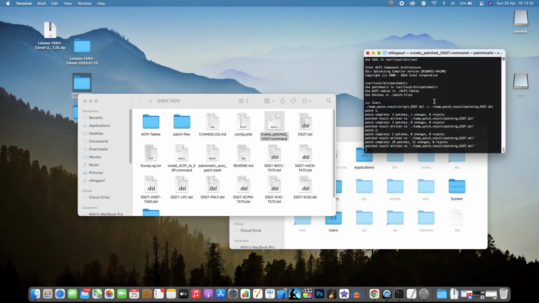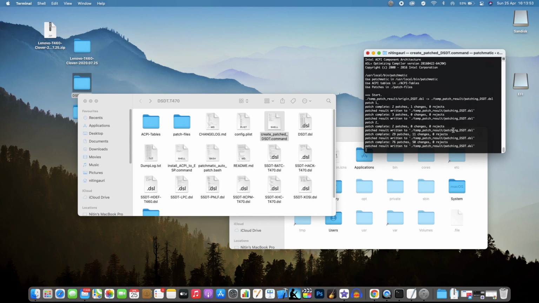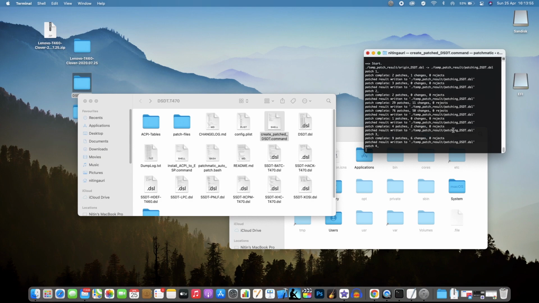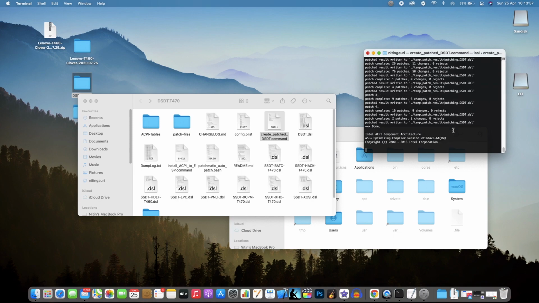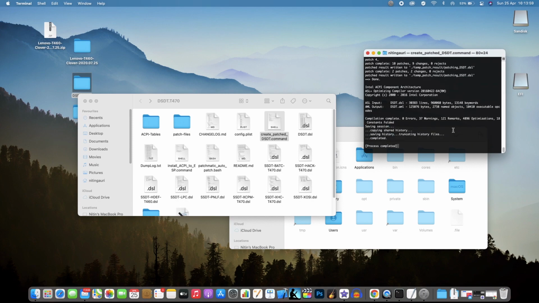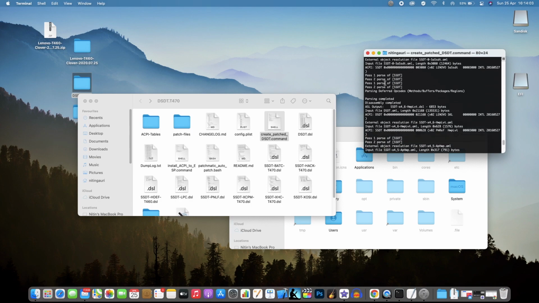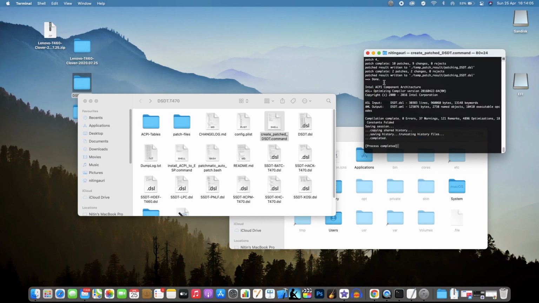Basically, in this process you are disassembling your assembled machine language .aml files to .dsl files. This command will help you disassemble them. You can also do this manually in MaciASL, but that would take a long time for each file. So the process is completed.